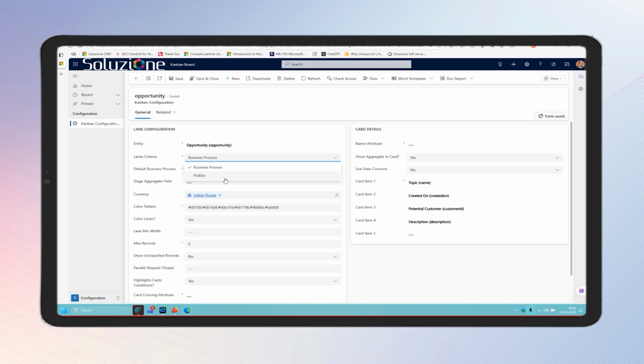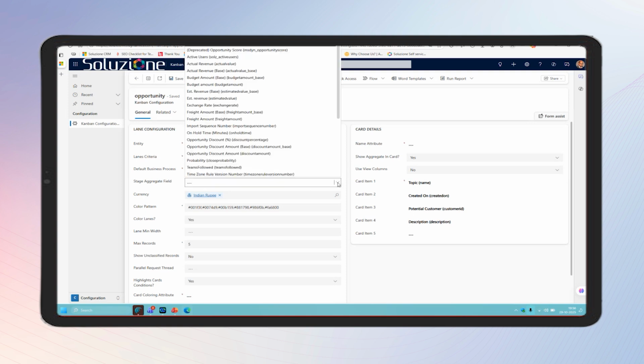The opportunity Kanban board that I showed you was on a business process. Similarly, you can define the default business process on which the Kanban board or Kanban view should start getting displayed. It shows various kinds of aggregated fields that you can do. So here are various calculations that you can display, or the aggregations that you can show at a swim lane